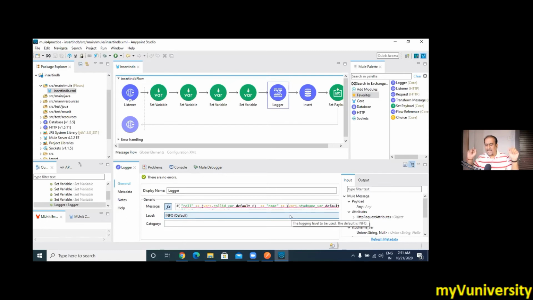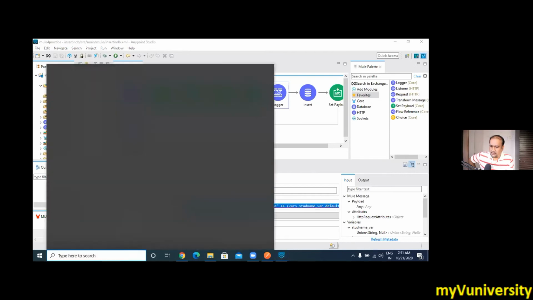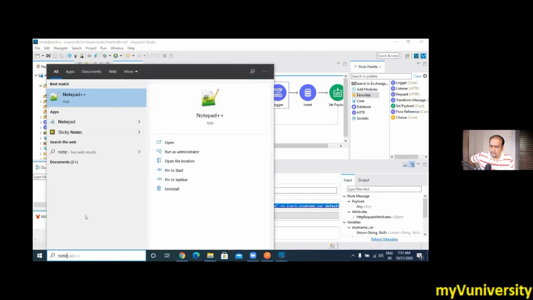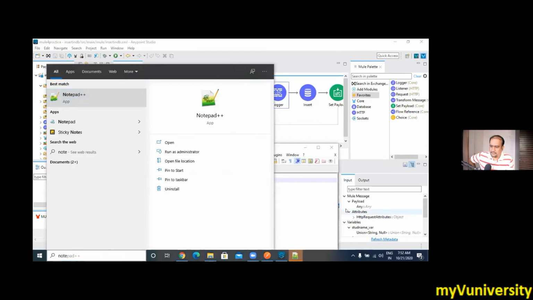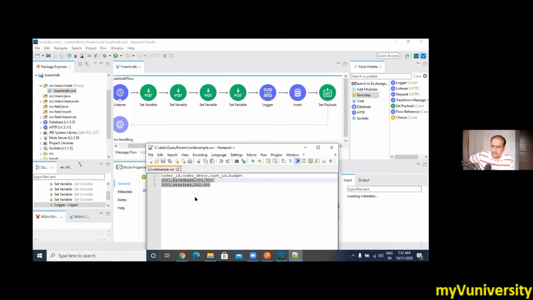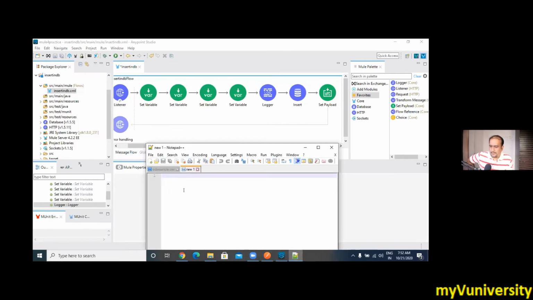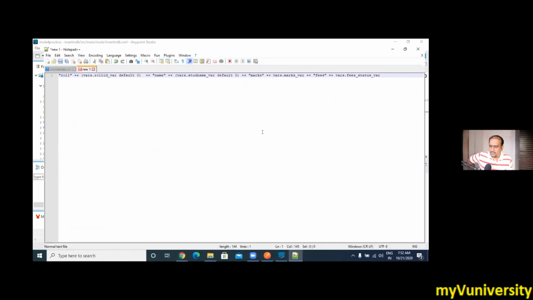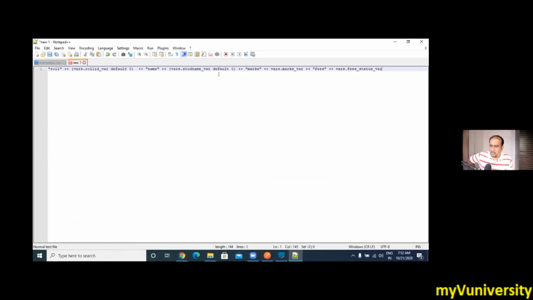Just put a blank string in case of student name. Roll number is numeric, so that's why we said default 0. But for student name, you can use a blank string. Okay, if you're comfortable, you can use Notepad. So just put var's student name default, single quotation open and single quotation close.